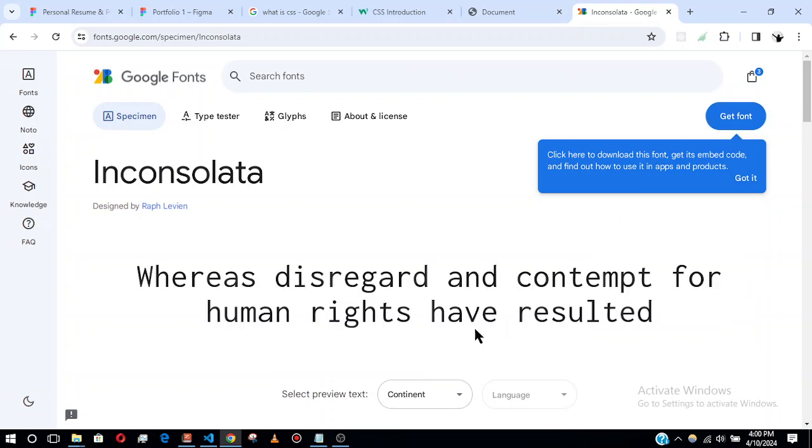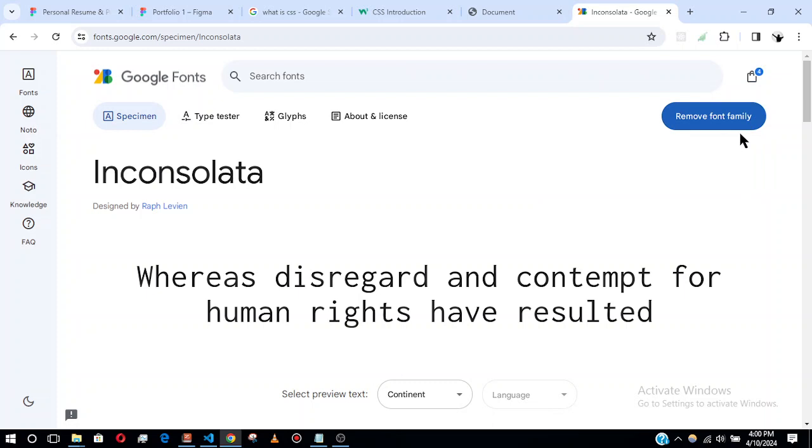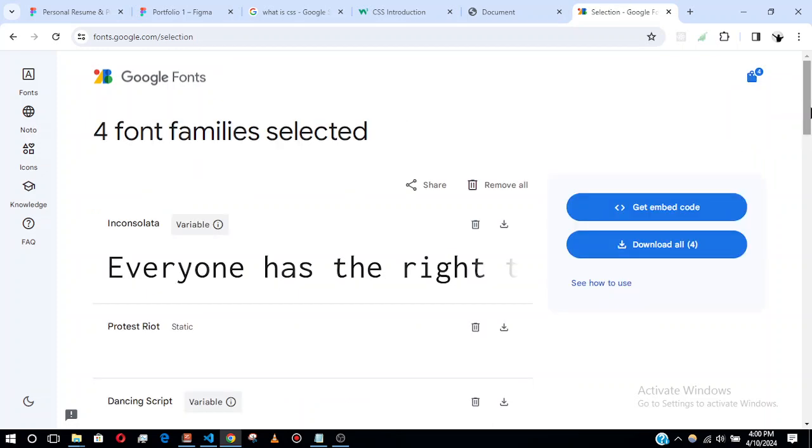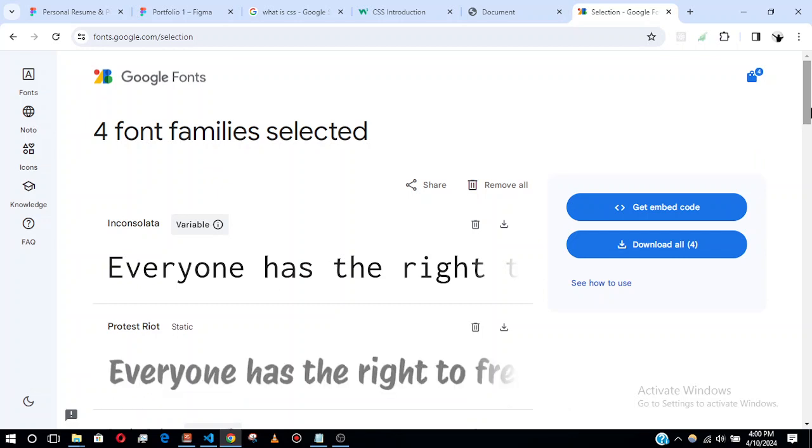Then what I will do now is click on Get Font, and I'll choose it. Now if I want to download it and save it in my project, then I'll download it, but I'll show how to use